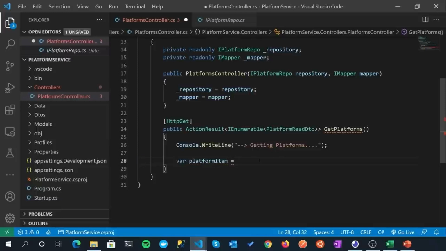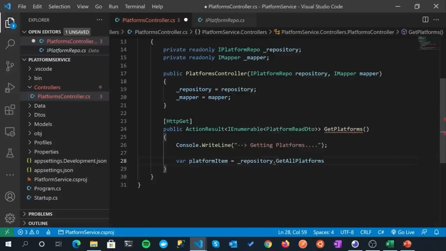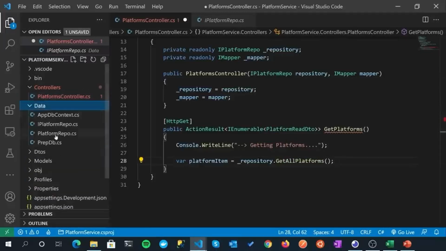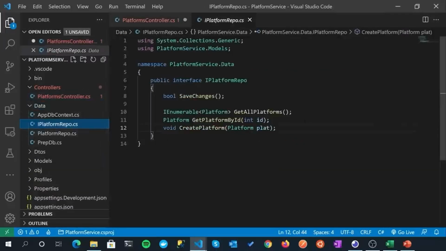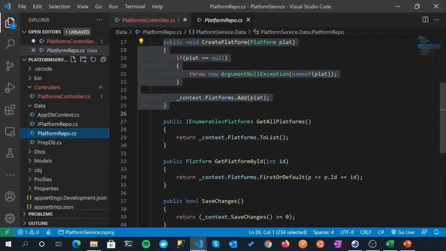So we'll make that equal to, and we'll make use of our repository, and we want to get all platforms. So that will go into our repository class. Let's come over here. It's going to use this GetAllPlatforms signature here, and then in our concrete implementation, it reaches into our DB context and returns us a list of platform objects.